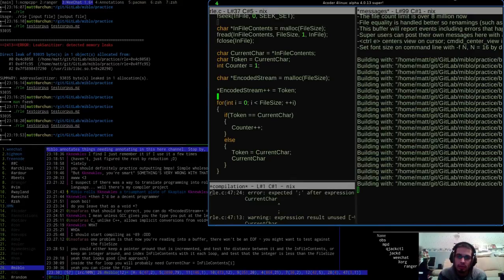So let's see for this. Plus plus i. If the token is equal to the current char, then increment the counter. Otherwise, we set the token to equal the current char. The current char is the infile contents. I need to be incrementing the infile contents, but I need to be incrementing it anyway, don't I?